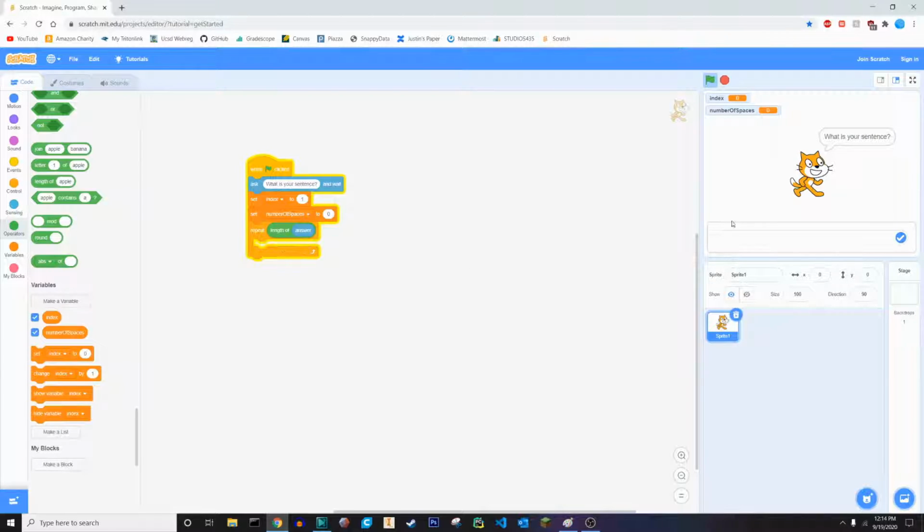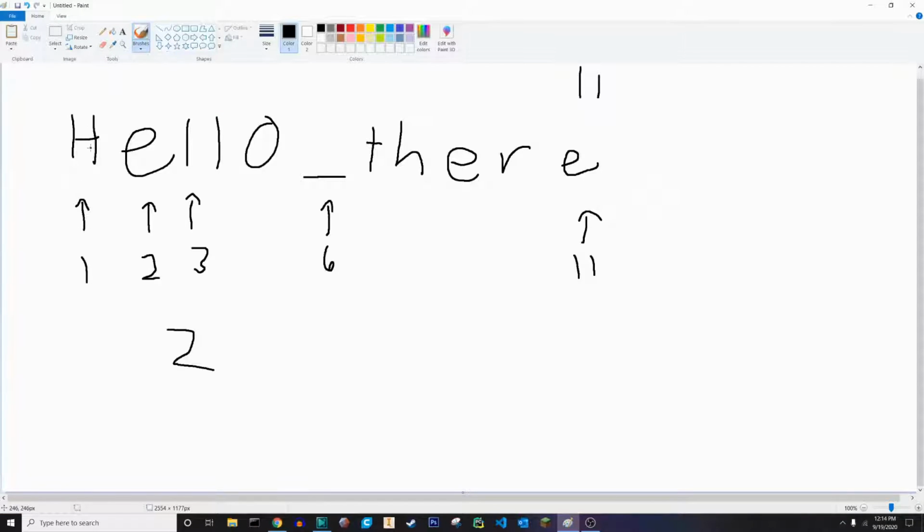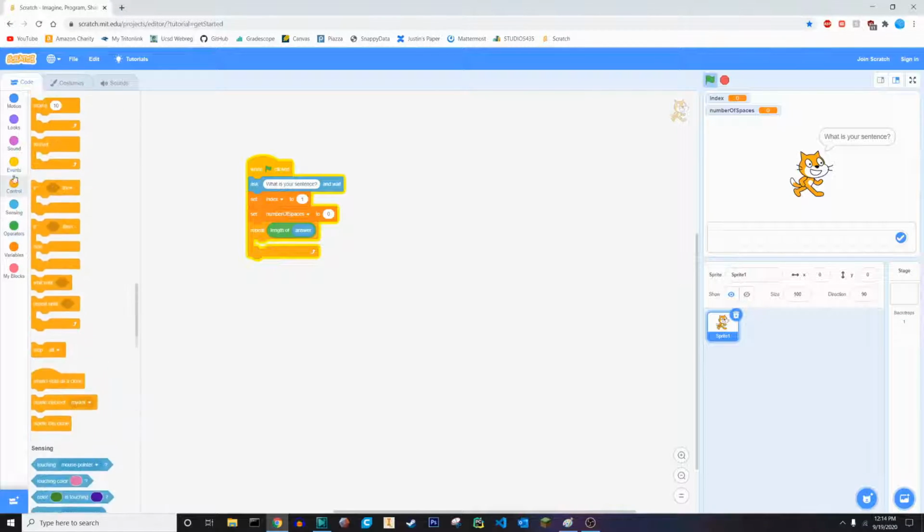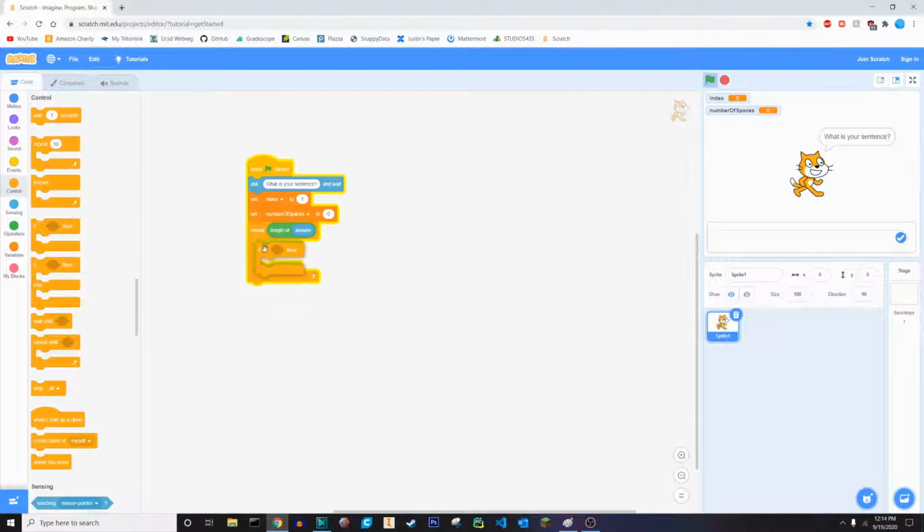Now, at each character, we need to check, hey, is this character a space or something else? And if it's a space, then we want to increase the number of spaces. So we can do that with our if block. So if,